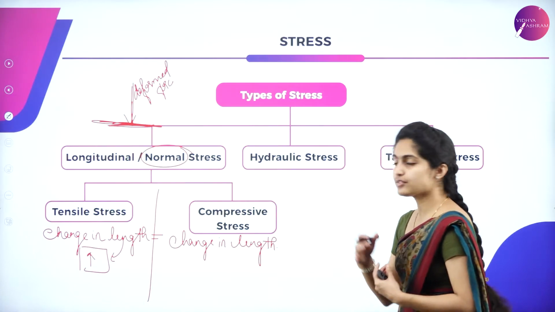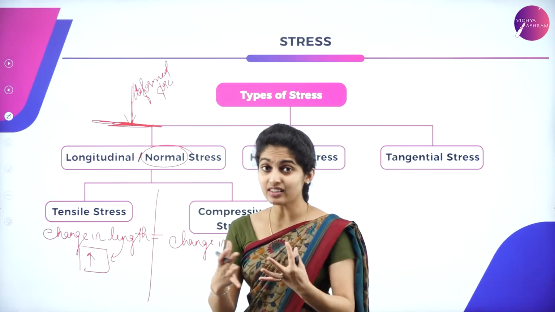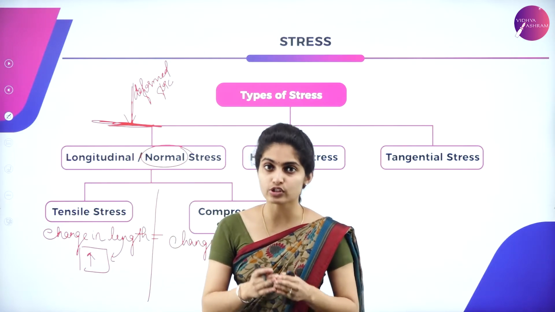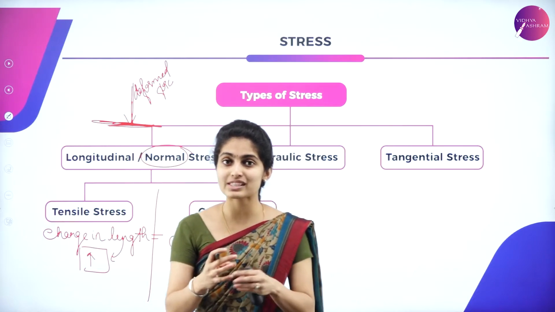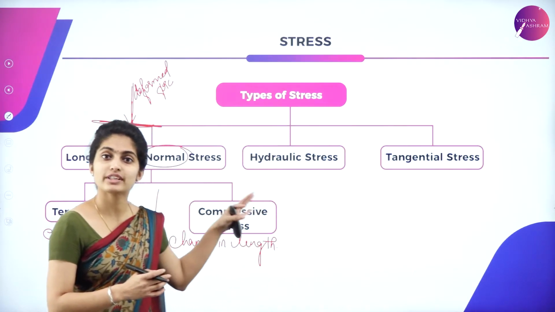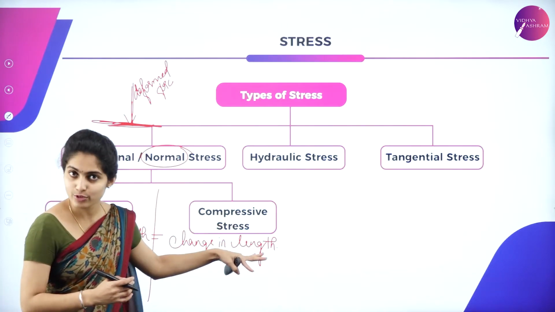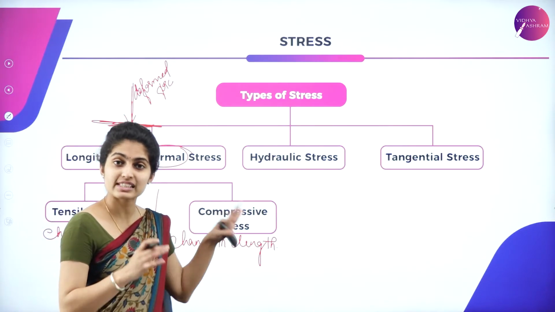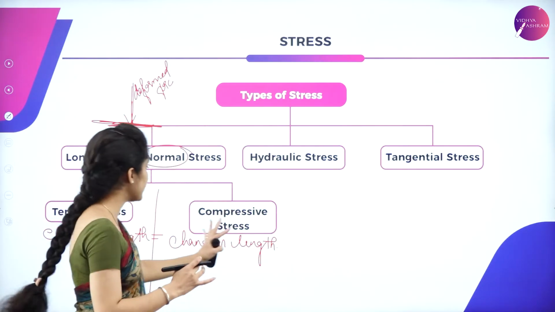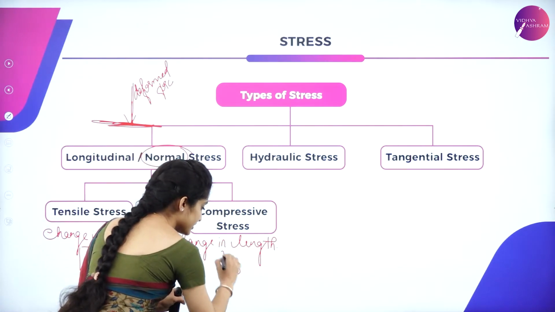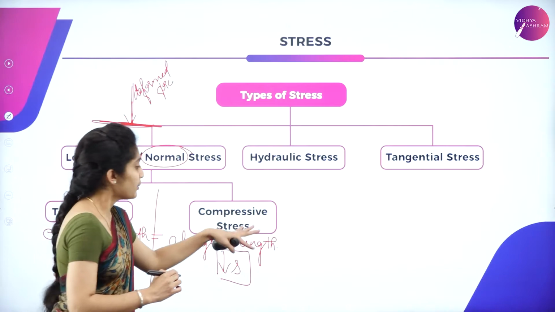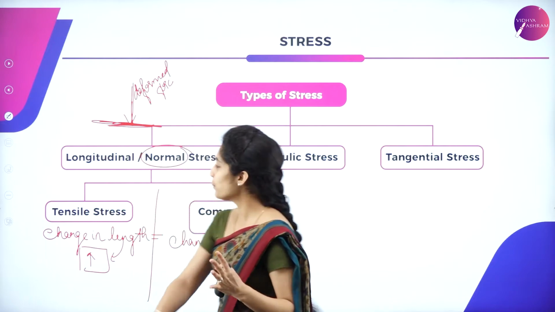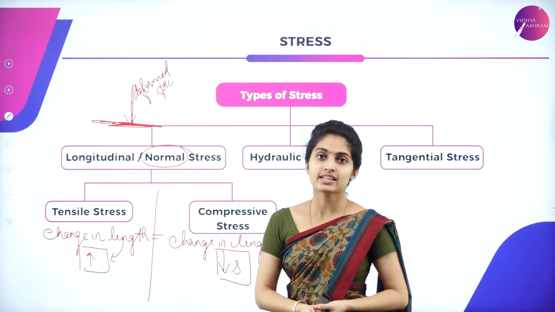Okay, so what is meant by compressive stress? Here, whenever you give a deforming force which is acting normal to the surface of an object, the restoring force acting per unit area is said to be the normal stress, and under that you have compressive stress. During that restoring force there is a change in length, and that change in length is a decrease, because of which you can term that kind of stress compressive stress. So I hope you are clear with longitudinal as well as normal stress.